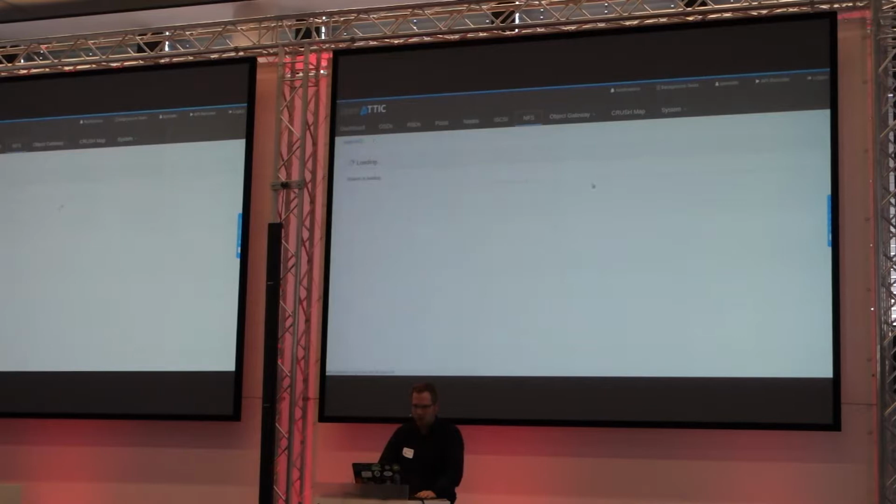Switch to NFS. With NFS, I can show you another of those hints and improvements we've added to the UI. So if we add an NFS share, because there weren't any before,